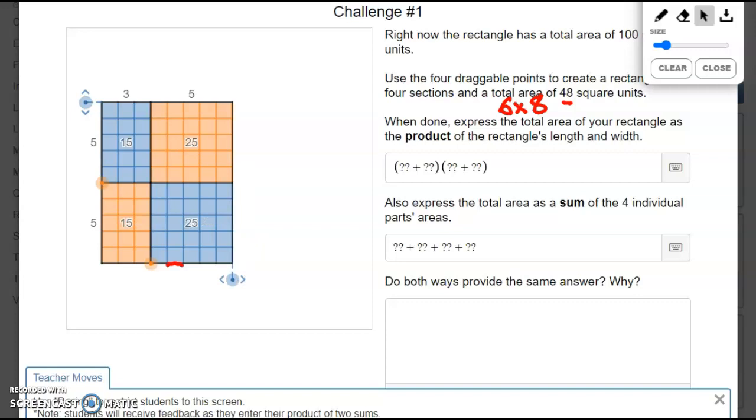Okay, I want the total width to be 6. So how am I going to make that? Well, I can make 3 and 3 or 2 and 4, it doesn't really matter. Okay, so I can do 3 and 3 or 2